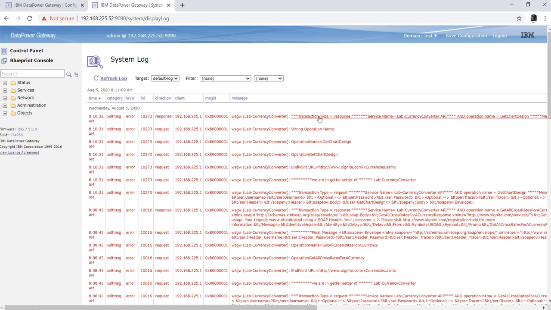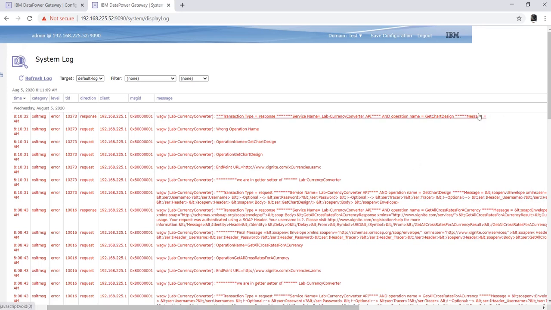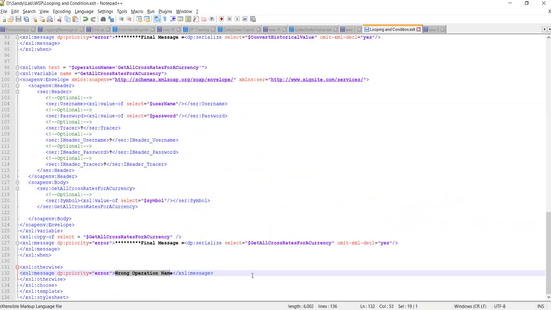The transaction type is response, that is the service name, and the operation name is get chart design. Did we get any message? No, the message is blank, which means the request didn't pass through the DataPower, and on the basis of the operation name we simply got the wrong operation name message, whatever we mentioned here.